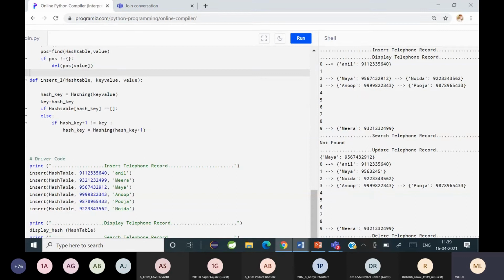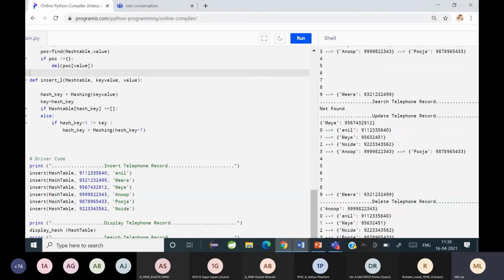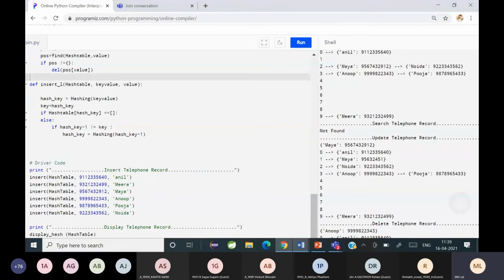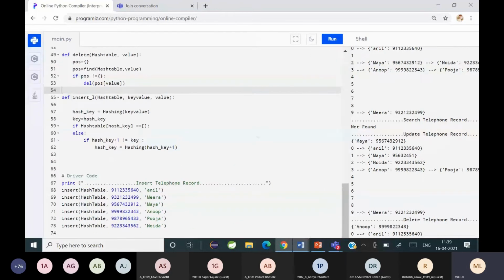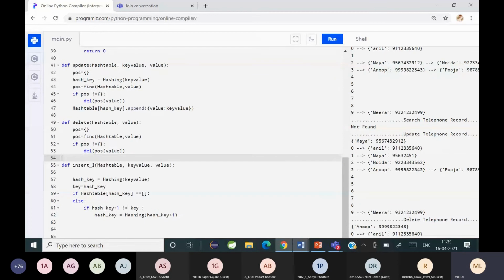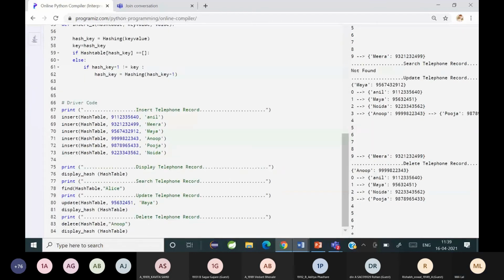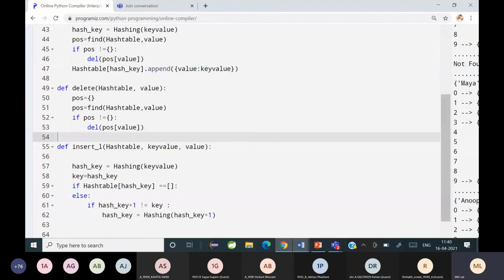Can you see the difference in the output? Yes, ma'am. Okay, so that is what the delete and update function does. And next, what is here? Delete. Of course, in update I've already told you how to delete. So just go through lines 49 to 53. Is it clear? You're finding that particular value and you're deleting it.